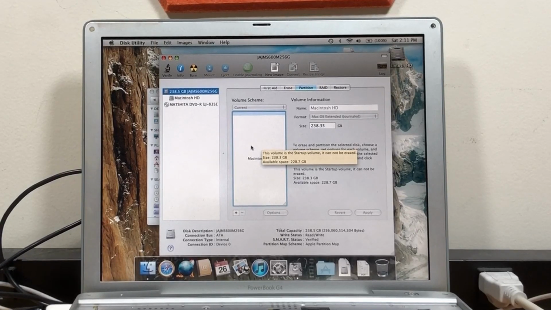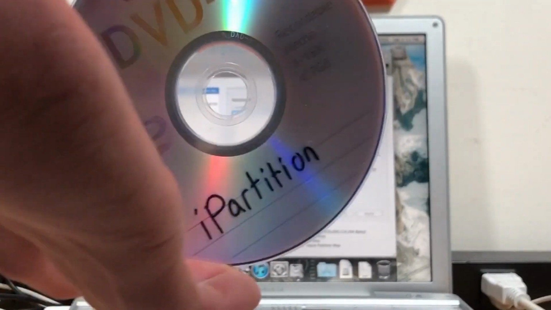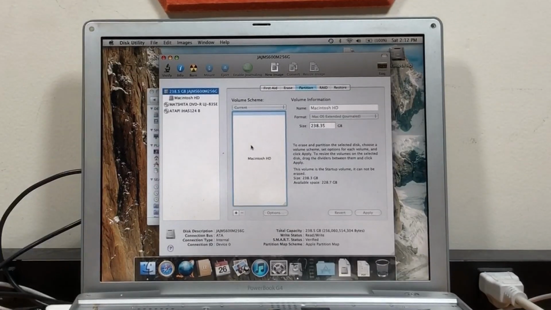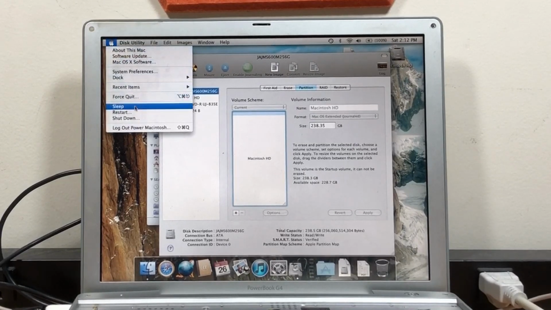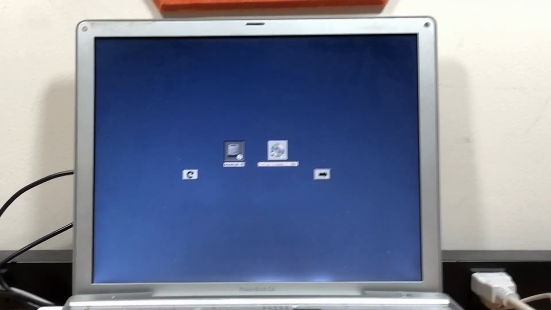So generally, when I have this sort of problem, the solution is to turn on the disc drive. And yes, the internal CD drive on this computer does work, but I don't ever use it, really. I think the best solution is to grab a program I found called iPartition. That is basically a Mac boot disk that has partitioning software, I found it on Macintosh Garden. I'm going to go ahead and reboot the computer from that disk, and then it should partition just fine. I've never used iPartition, but it should work. There shouldn't be any problems, I hope, crossing our fingers. Alright, now it's loading the disk.